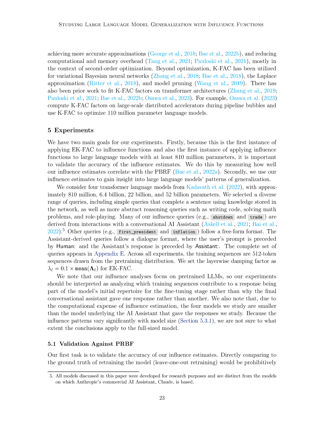We take a look at 4 transformer language models of different sizes, ranging from 810 million to 52 billion parameters. To do this, we choose a variety of questions. Some are simple, like completing a sentence using the model's stored knowledge. Others are more complex and include writing code, solving mathematical problems, or role-playing. We draw some questions from interactions with a conversational AI assistant, while others are in a free-form format. We must note that all the models we discuss in this paper are for research and are not connected to commercial models like Anthropic's Claude.